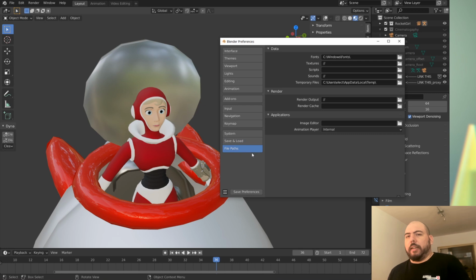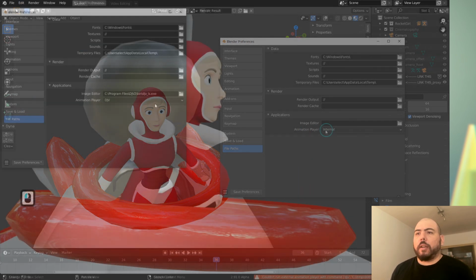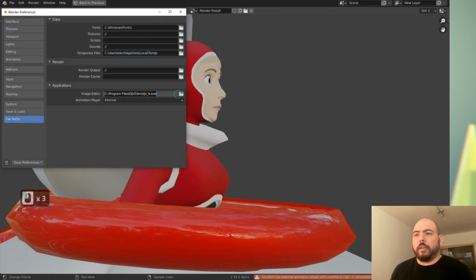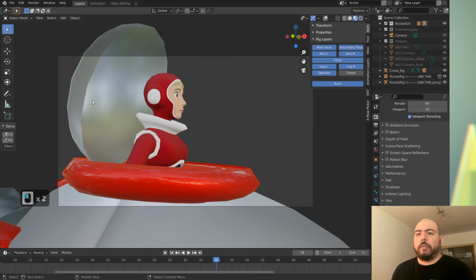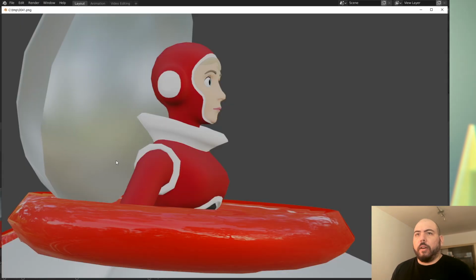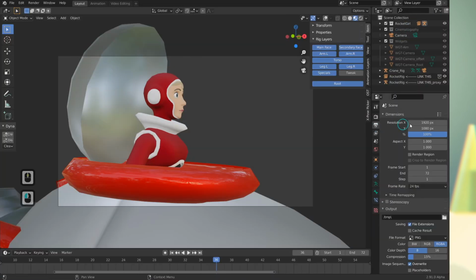This should be fine. Unless you have a specific image player that you want, you can choose them from here. So yeah, because I don't know how to make this work, I usually stick to the Blender one, and the Blender one works fairly well, to be honest, to review your render right away, view animation. The only thing I used to remember, it would play audio, and I think it does when you output a movie with audio, but because this is outputting an image sequence, then it's not doing it. So let's just go and set that up right away.